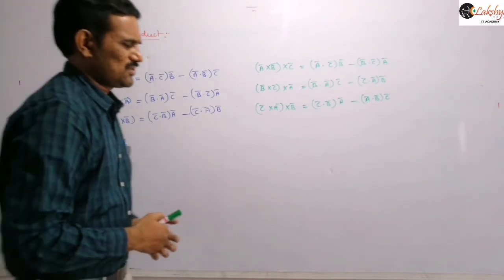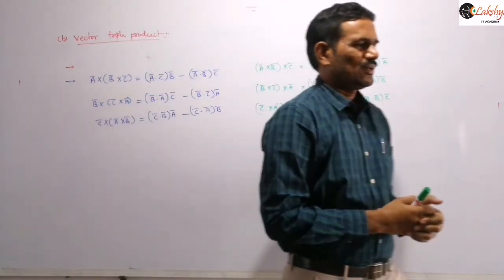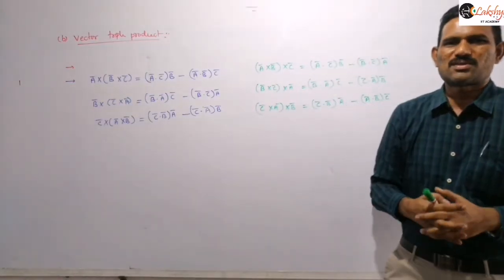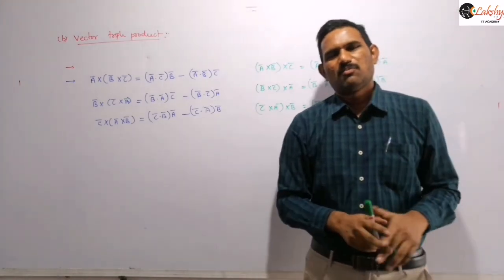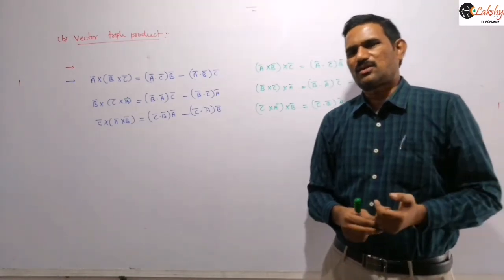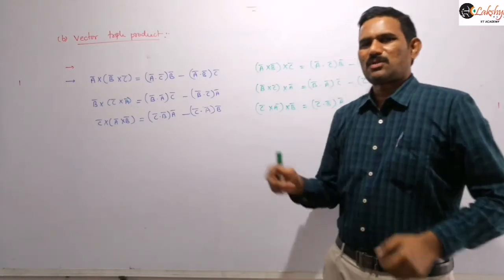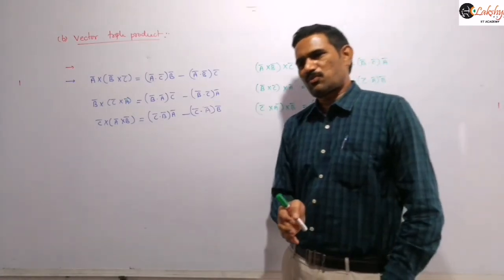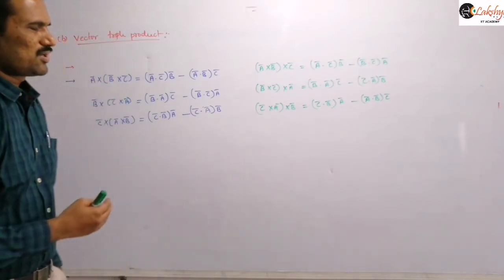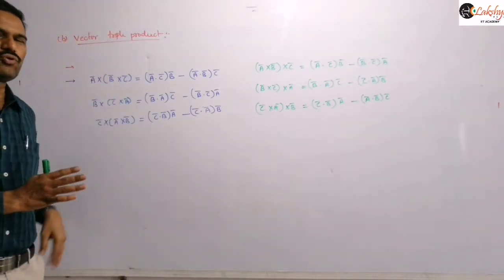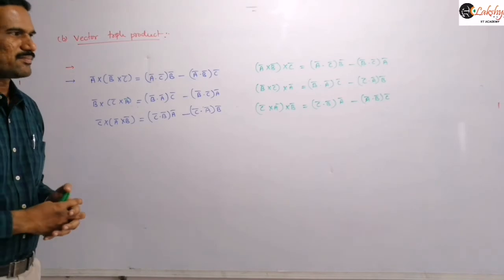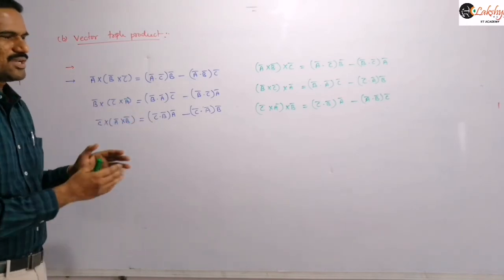For us in physics there are generally no problems based on the vector triple product. But you will get some problems in mathematics when you discuss this topic there. In physics, if you know the formula, that's sufficient for us. There are no problems based on this, right? But they may ask some relations based on this.